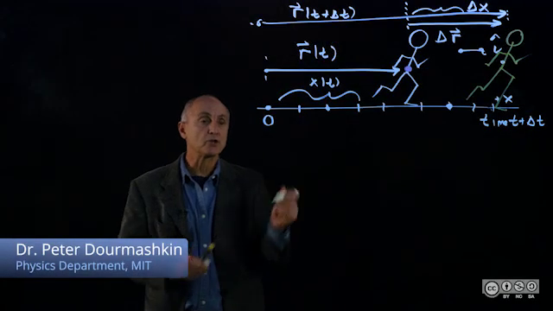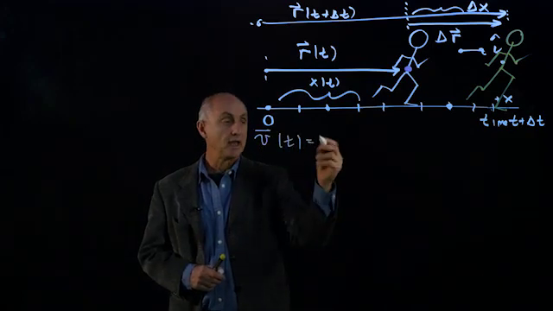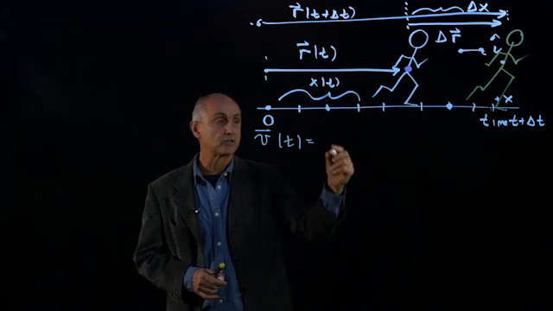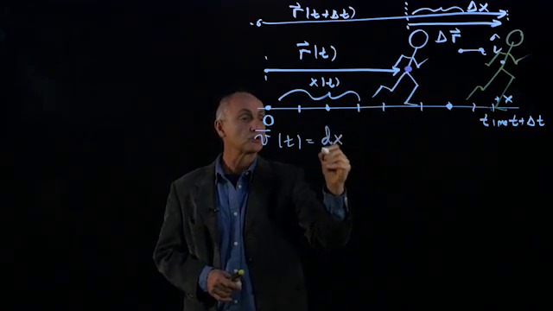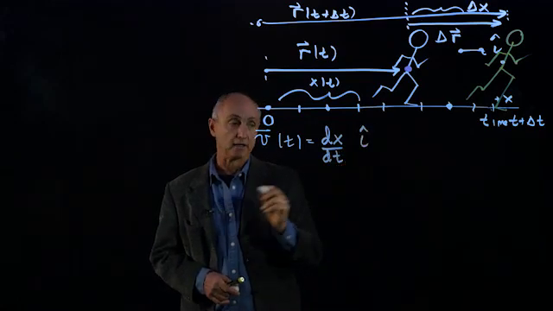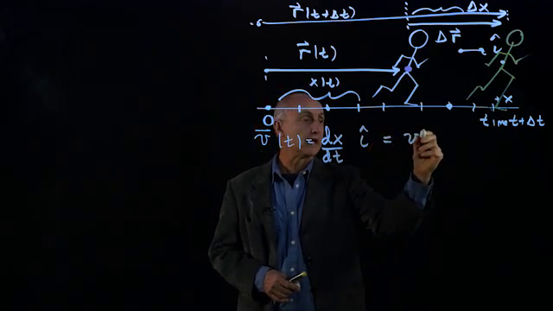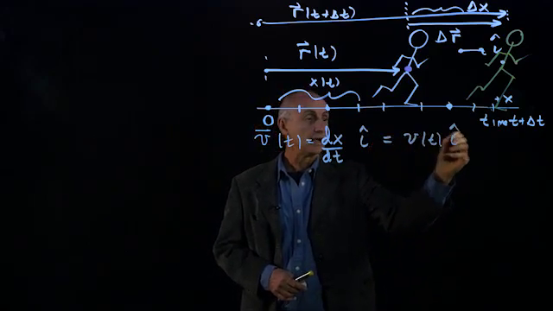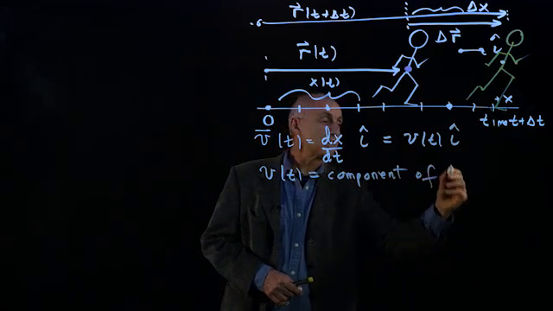We've now described what we call the instantaneous velocity at some time t. And we talked about it as a limit as delta t goes to 0 of the displacement over the time, which we wrote as the derivative of the position function in terms of i hat. Now, this derivative, we're going to use a notation. We'll just write that as v of t i hat, where v of t is the component of the instantaneous